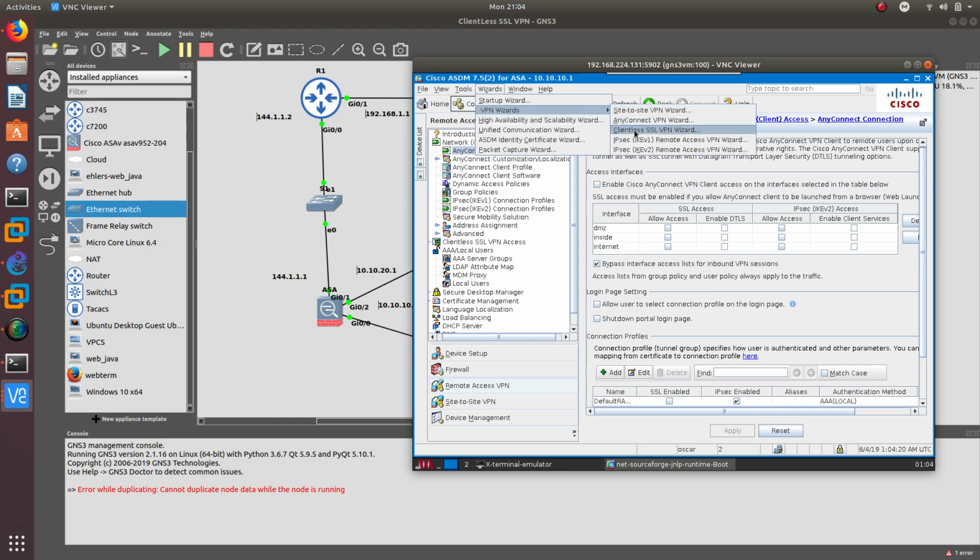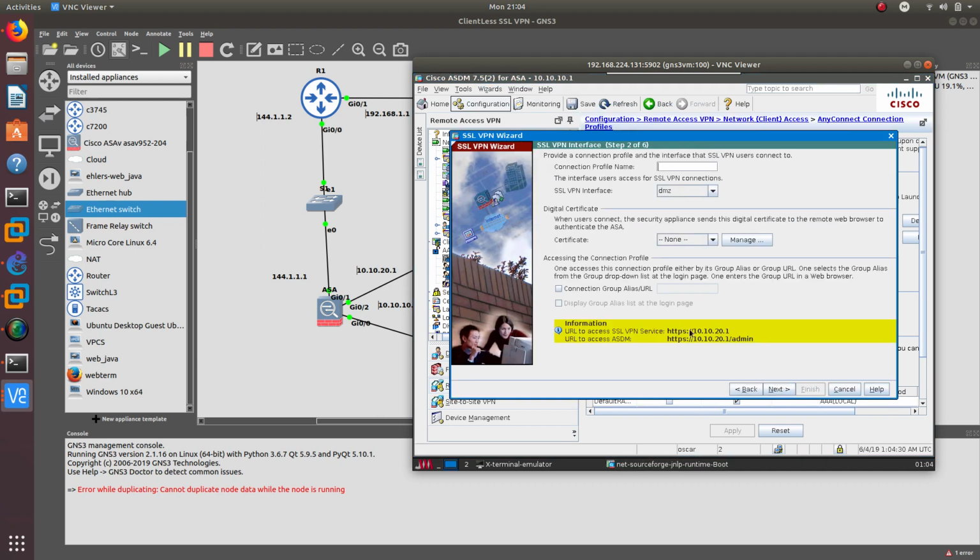You do not need to be able to configure it manually for the CCNA Security. Cisco tells you to use the wizard, so let's go ahead and use the wizard. Next, let's go ahead and call this Clientless,